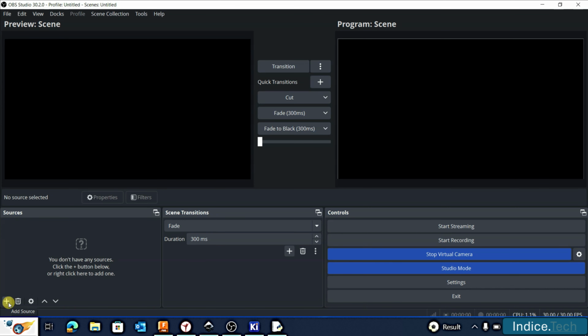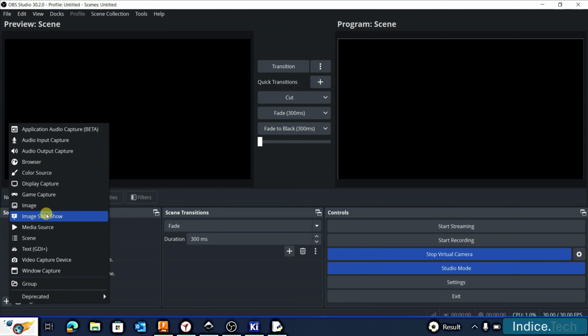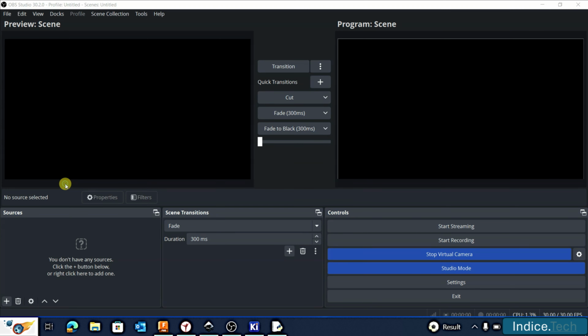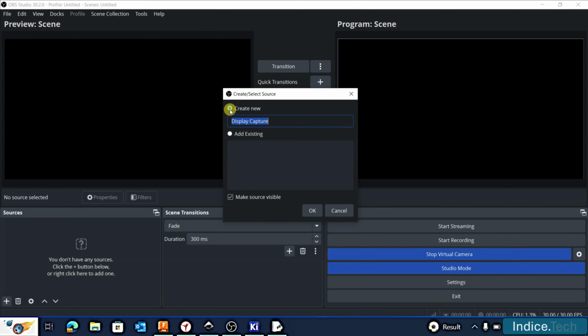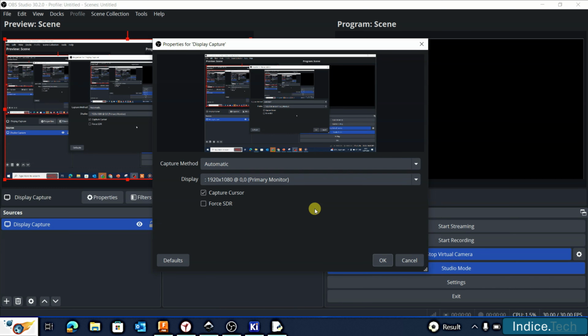Now if you click add source, then you go for display capture. You click create new. So make sure you click new, create new, then OK. You should have come up with this screen. So basically, in this mode, you will see whatever is on your display. If you just click OK,